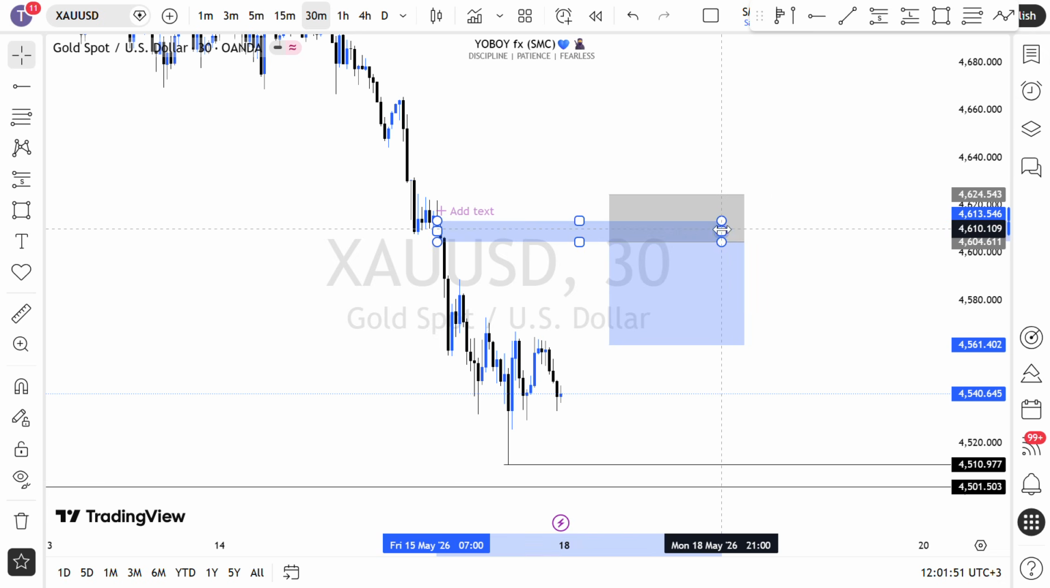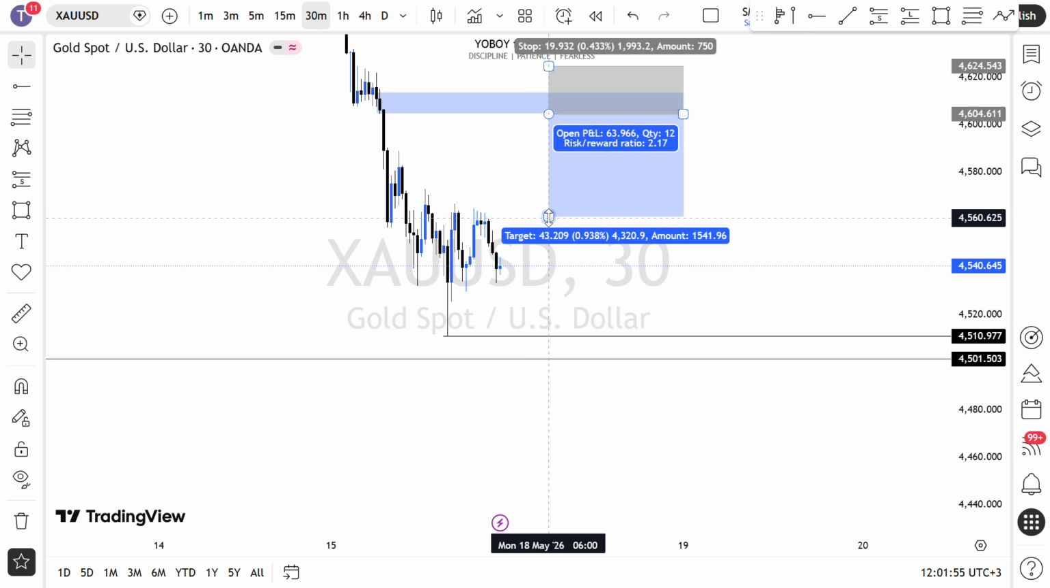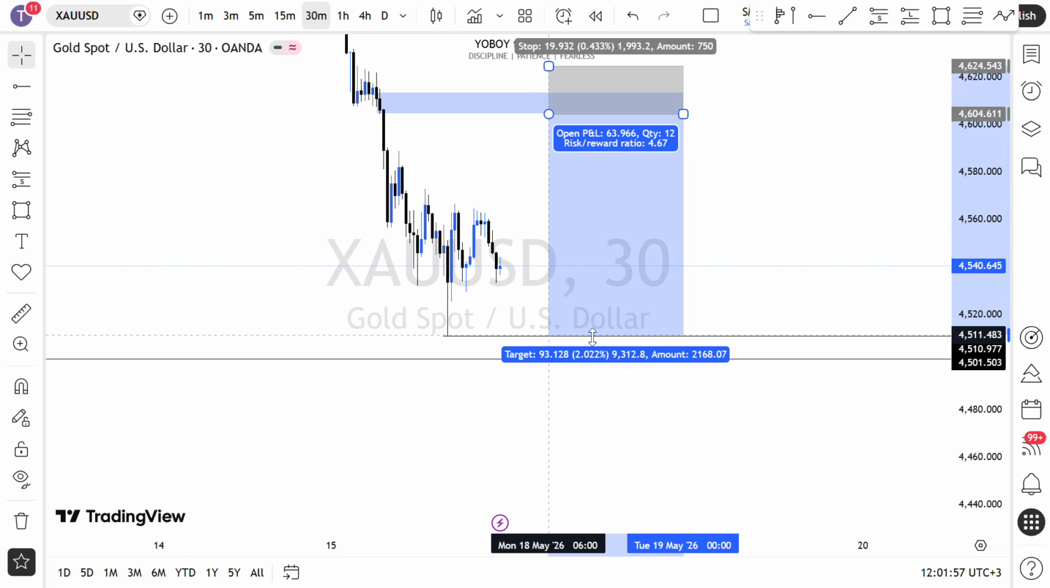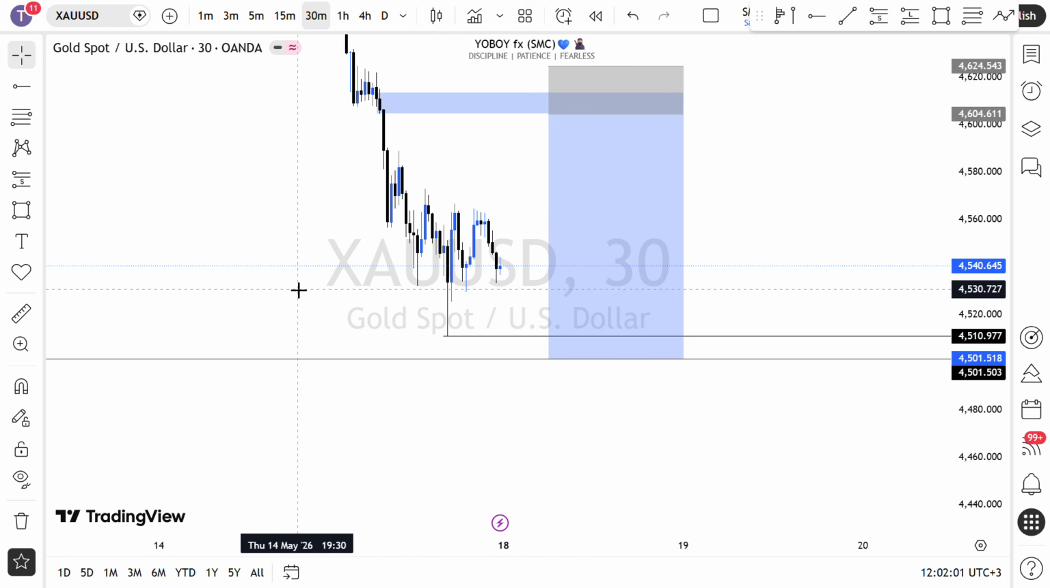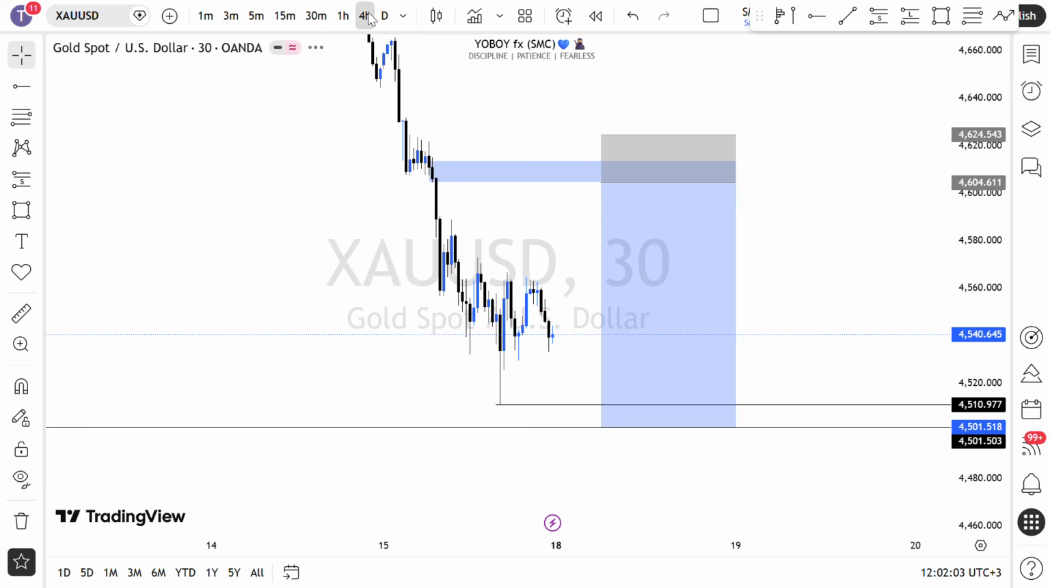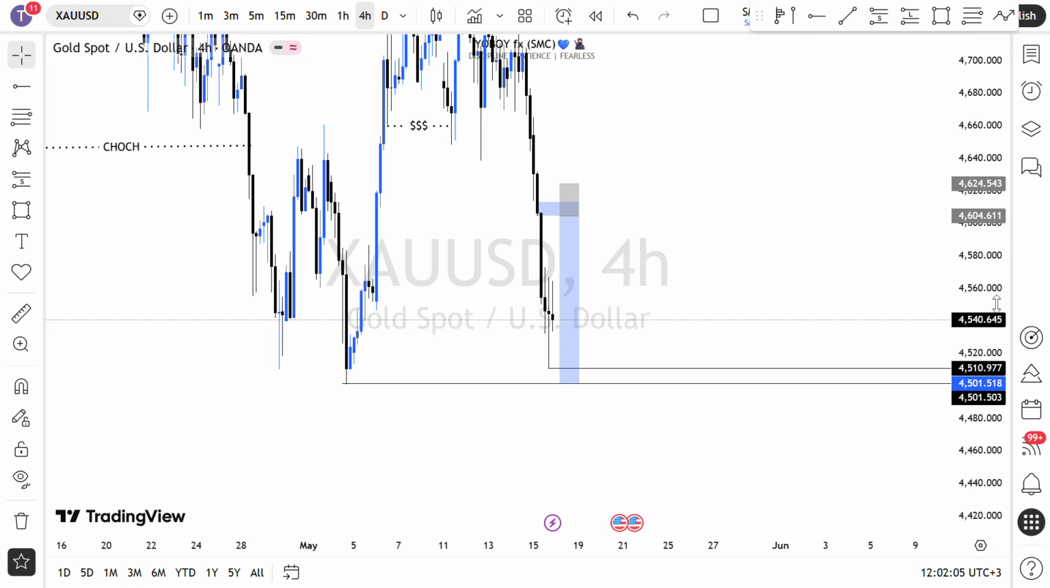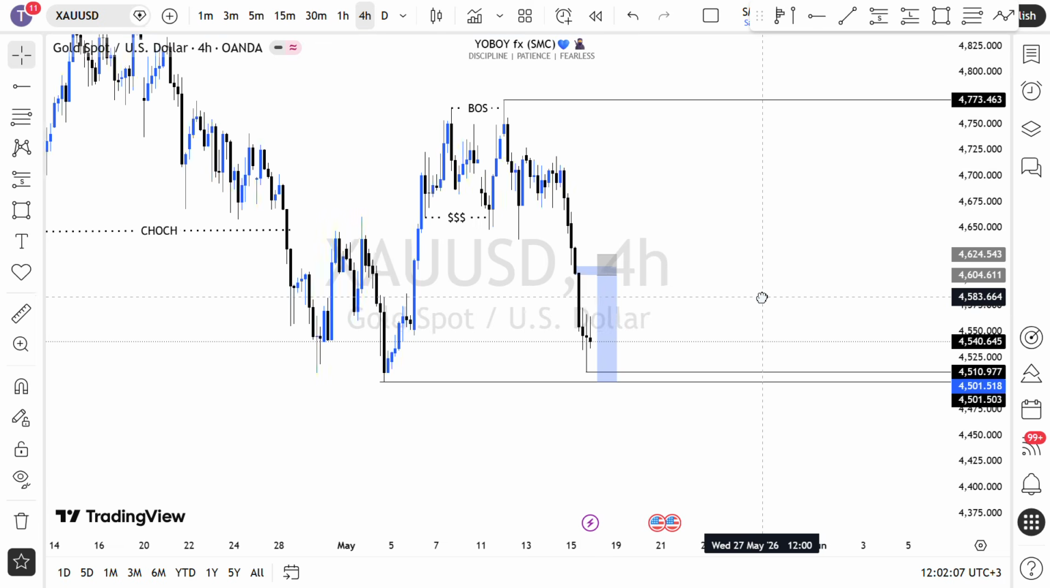And if price comes into this area, we look to take our sales from that point. Then the target will be this low or the external liquidity. But if price clears this low, let us wait for a pullback, a very good pullback, and then we take our sales to the downside. So don't